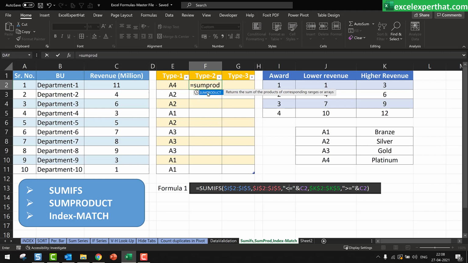SUMPRODUCT: double click on the popped out formula, array 1. Now guys, here you need to understand something. SUMPRODUCT is comparing two results, and due to its product, it has to multiply the two results together to get the final result. So for array 1, what we will do, we will take lower category or lower revenue